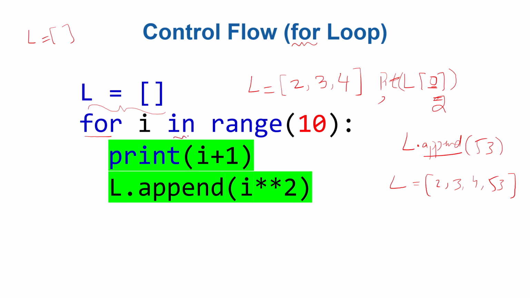For i in range is an iterator. Range 10 means sequentially give a number one by one starting from 0. Start from 0, give numbers one by one. For example, first time give 0, i will contain 0. Second time give 1, third time give 2, and so on. After every iteration, the range will give another number as long as the numbers are smaller than 10. So the last number that this range will return will be 9. Whatever is written inside is not included, and it starts from 0. So as long as i is in this range, i is lower than 10. As long as